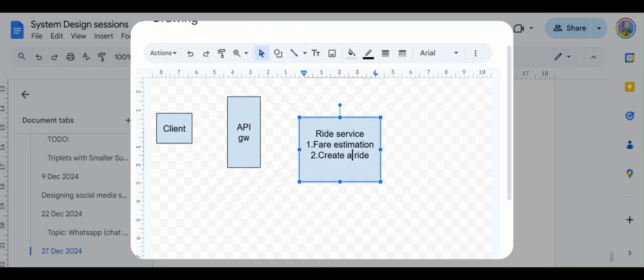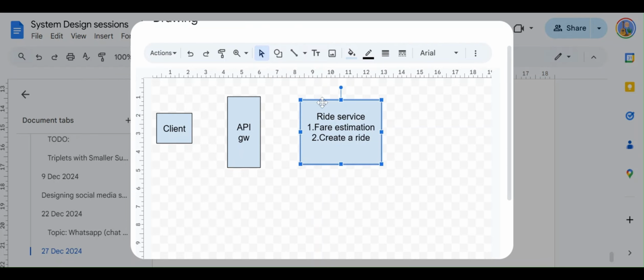So these are the two things it is now handling. What really changes is that the client is making both calls: one is post fare, and the second is post ride. All these requests go through the API gateway and land on the API service, and you can just make the arrows appropriately to show that in the database.